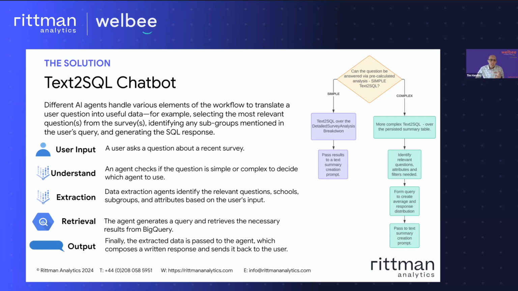So we created a text-to-SQL chatbot solution with Lydia, prototyping lots of different things and lots of different notebooks to work out the best approach and break this down. It ended up being an approach where a user would see their pre-analysis and ask a question about their survey. We then go through a series of agents using LangChain and later on LangGraph at the end of the flow. The first LangChain agent would check how complex or simple the question is,